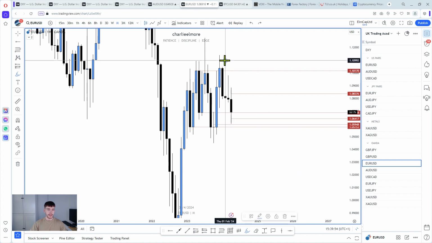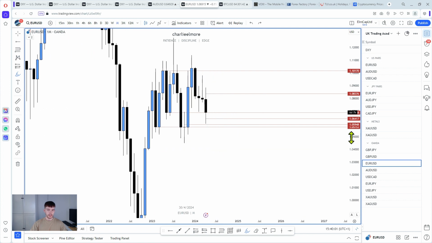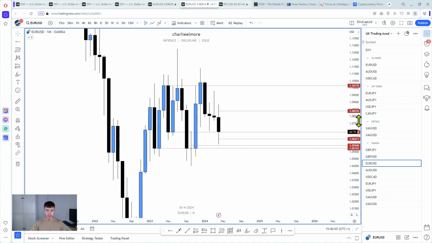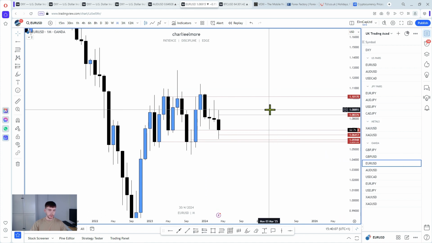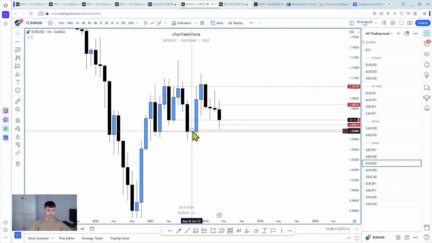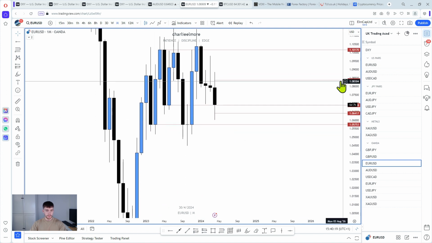Again, just paying attention to the candle closures, because at the end of the day, that's all we can go off of when we're doing technical analysis, just reading the price action. That's what we can do. Obviously, there are fundamentals that come into play as well, but in terms of technical analysis, that's what I'm seeing. I'll take that away. I'll leave that on there because that's a monthly area as well.